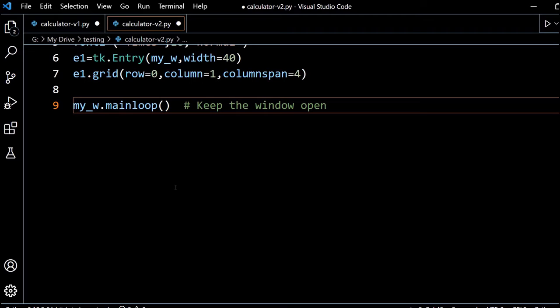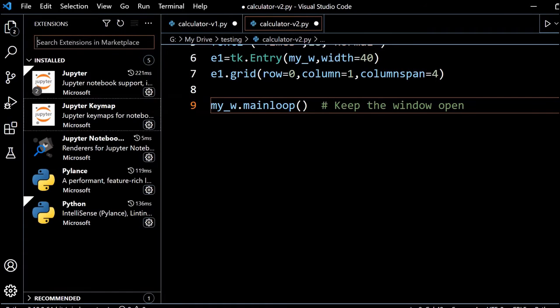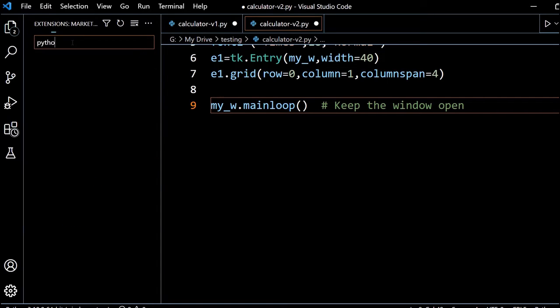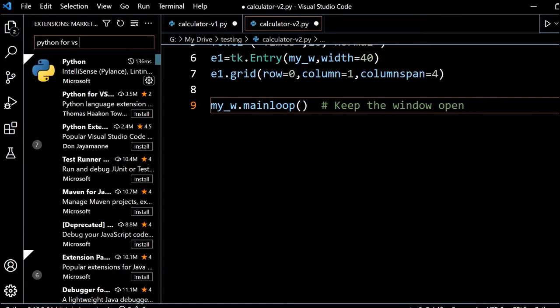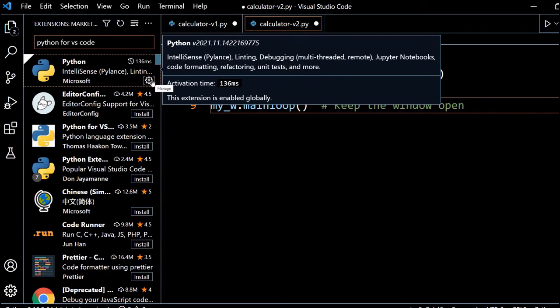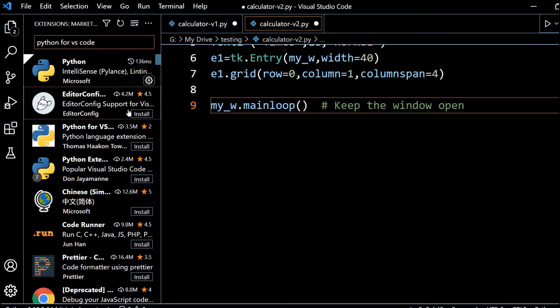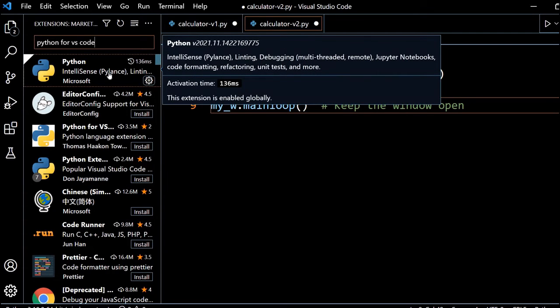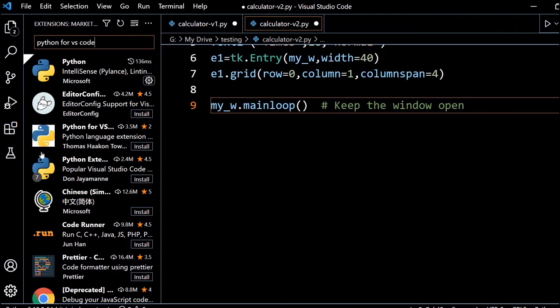We'll see how it will be integrated with Python now. Open the VS Code you have installed, and go to the Extensions tab. Inside the Extensions tab, search for Python for VS Code. Here it is. The first one you see I have already installed, that's why it says Manage. Otherwise you will get an Install button. Just install it and it will take care of the integration, connecting to your Python system so your code will be integrated.